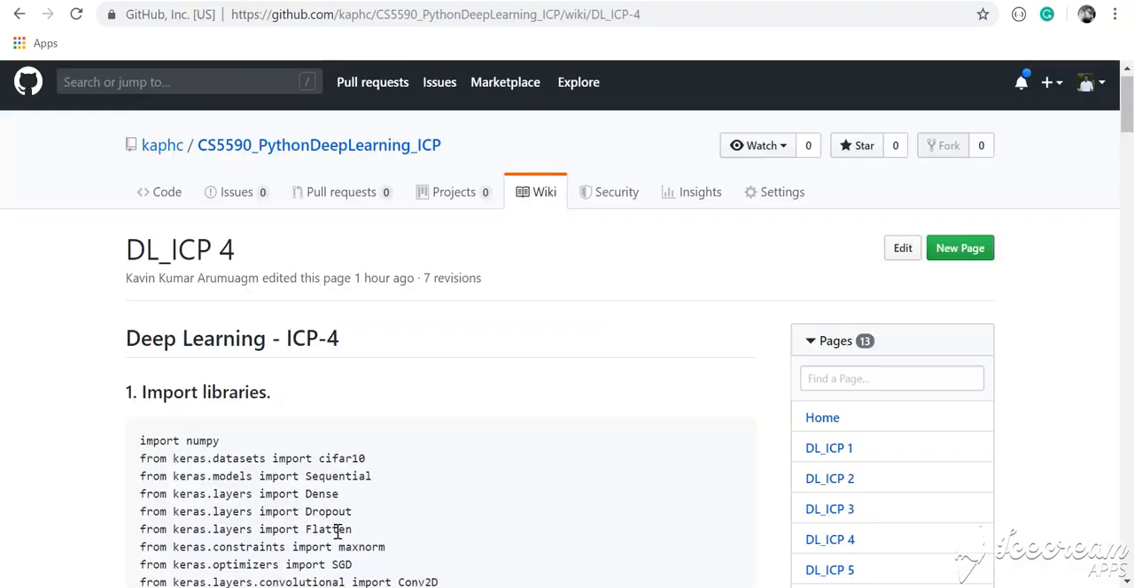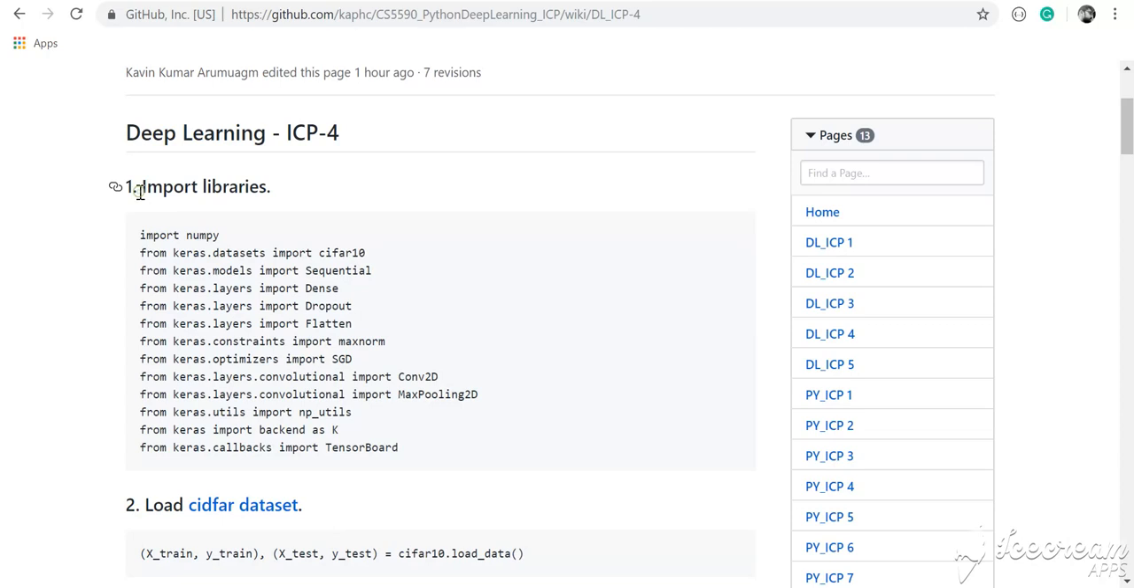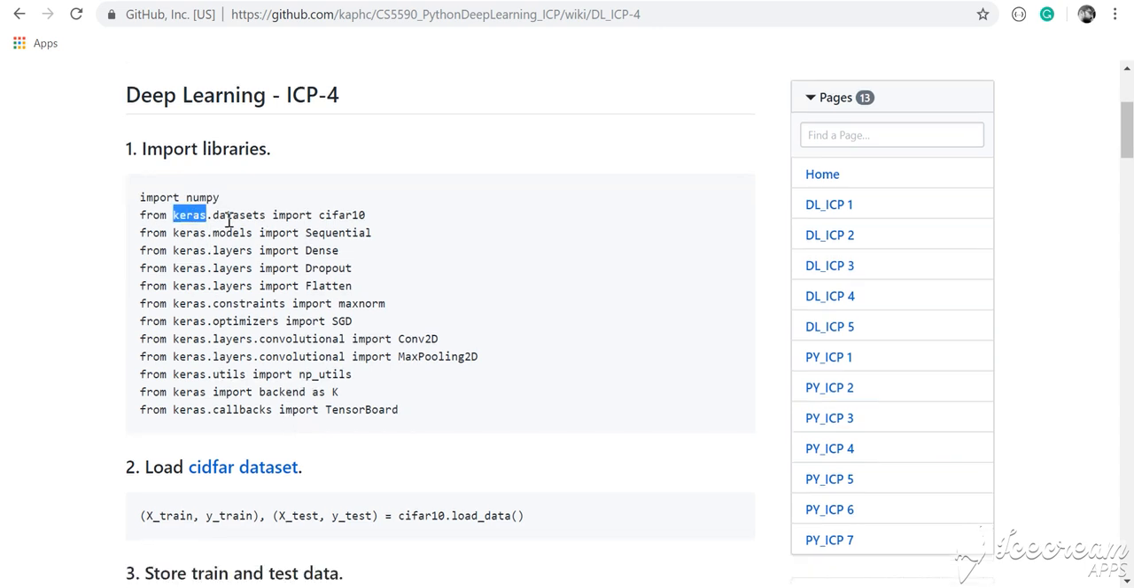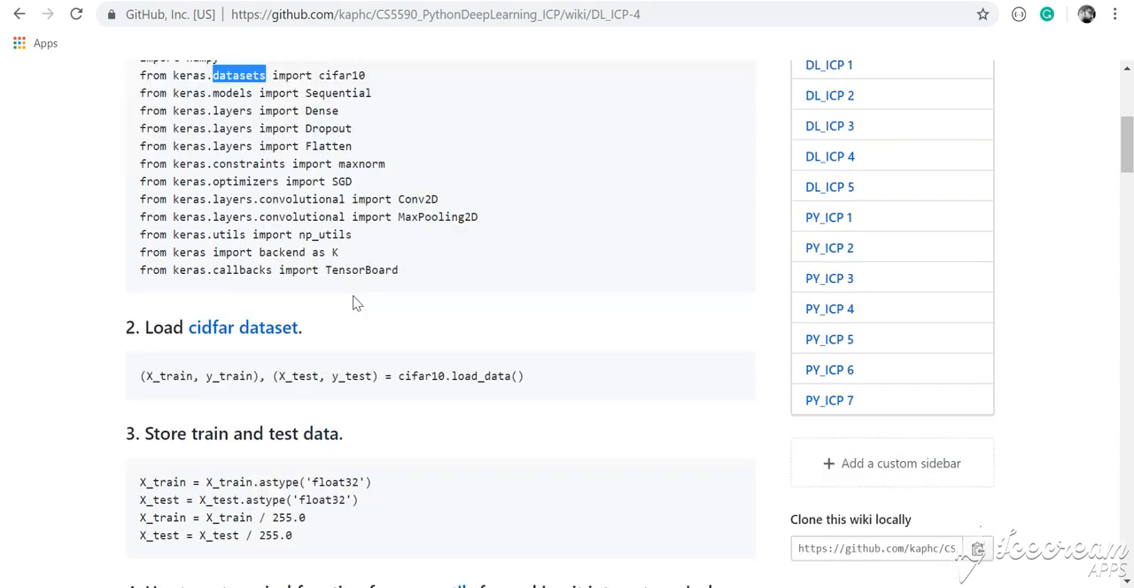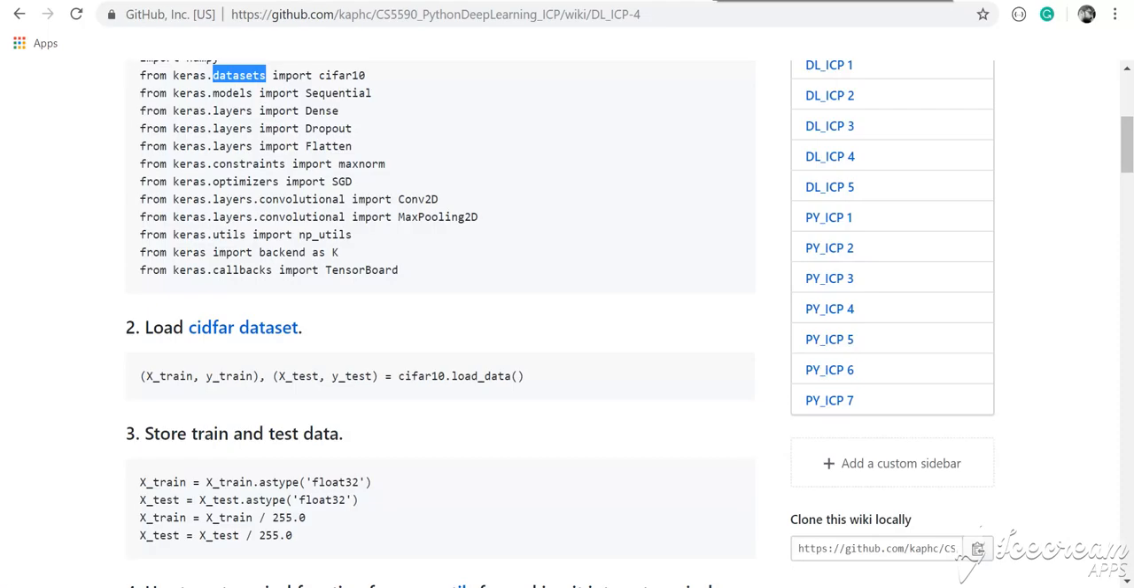So coming to ICP-4, the first step to do this question is to import the libraries like NumPy to do the operations on numbers and Keras for the machine learning stuff. For example, for the dataset we use keras.datasets, for the model keras.models, etc. So we have used the CIFAR dataset. The CIFAR dataset contains